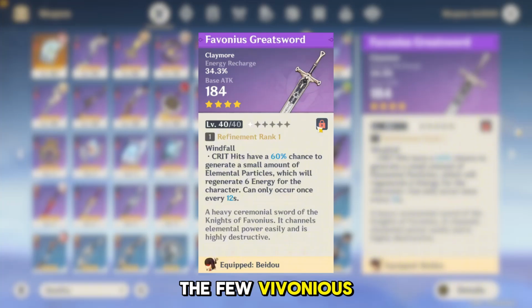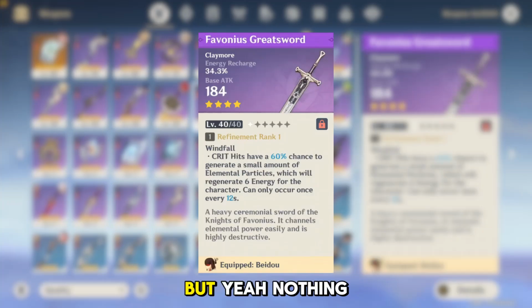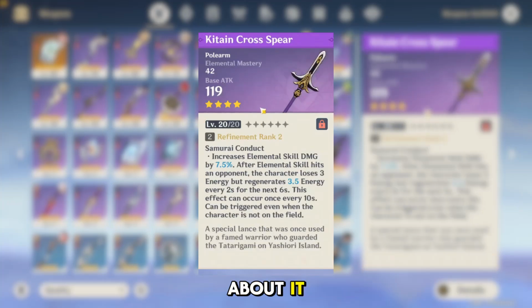Beidou is on Fav Greatsword. I think this is one of the few Favonius weapons which aren't really used too much, from what I've seen anyway. People always just use Serpent Spine instead. But yeah, nothing really too special about it. Katsuragikiri Cross Spear, I actually crafted this twice because I was originally going to use it for...